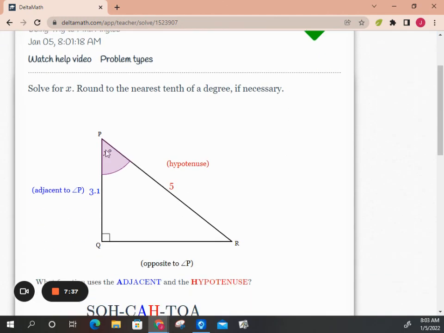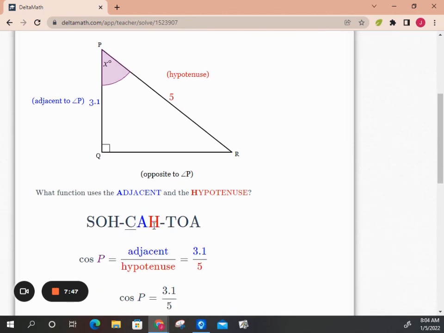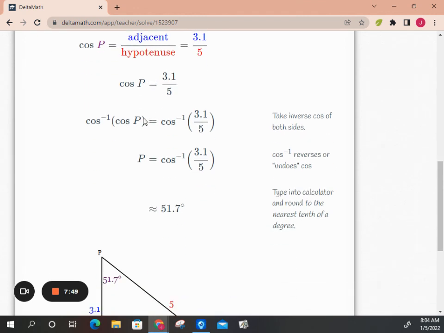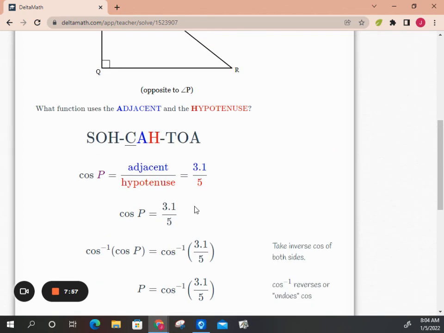Again, it's showing you, see how I circled the angle? This Delta Math really thinks like I think, and shows you. So it circles the angle, it labels everything, and then it shows you why you're using cosine. So I really like, and it shows you this. So this is showing you exactly what I did. So I think the explanation is very helpful. All right,